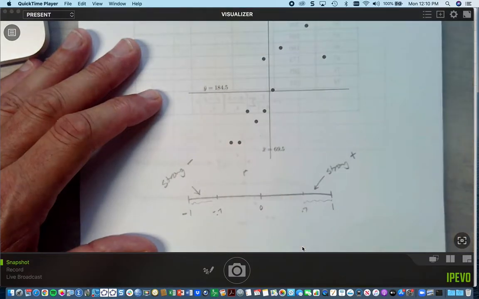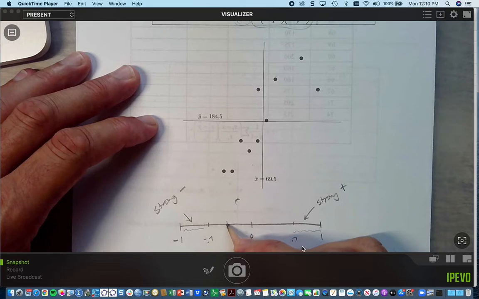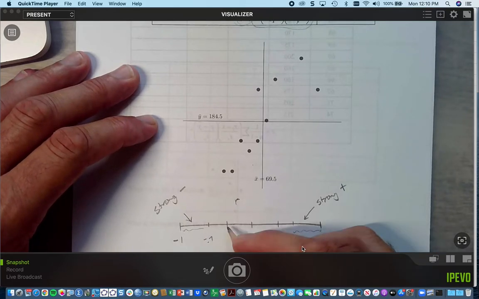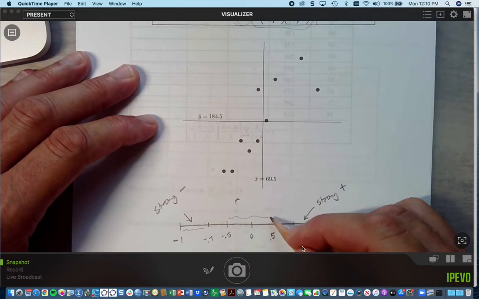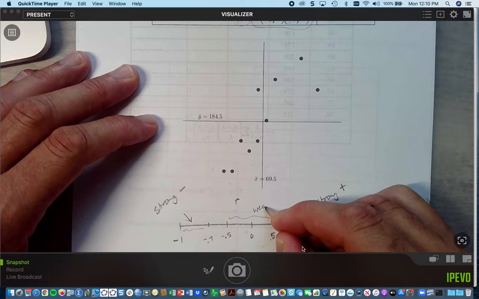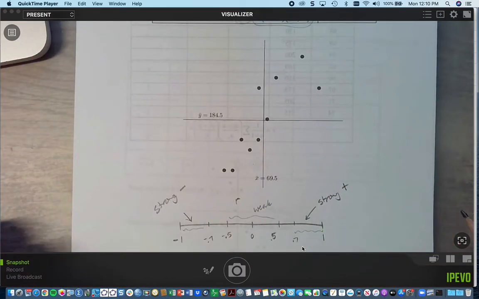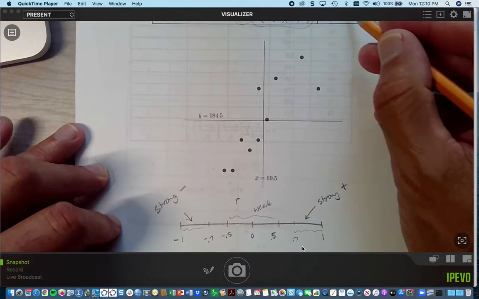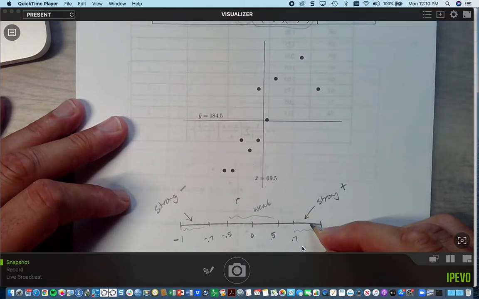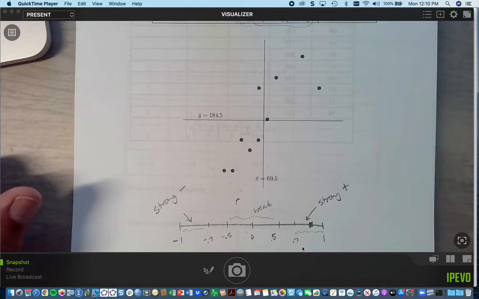In other words, the graph is going to go down from top left to bottom right. Okay, and then anything that is basically from about -0.5 to +0.5 is weak. Okay, anything in there is a weak correlation. All right, it looks like just a scattering of points. All right, so our value of the correlation coefficient was about 0.84. It sits right out here someplace,